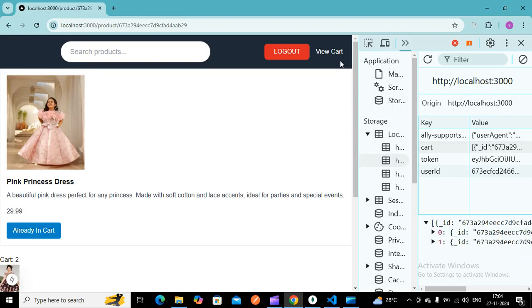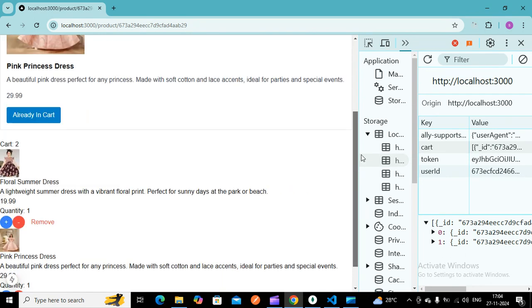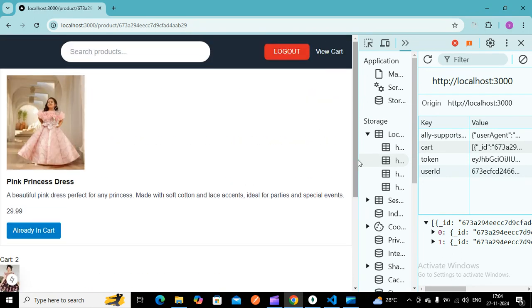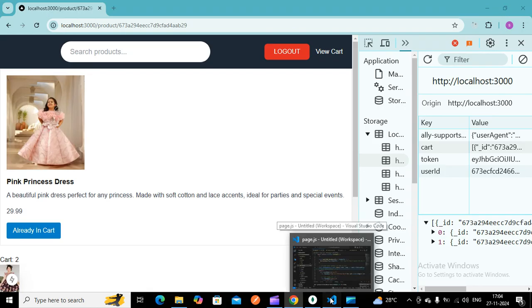Here I have to calculate the total cart item list. I have to count the cart item list and show it in the header section. Once I click this, I have to show the list of items in the cart page, and also calculate the total price in the cart page. So these two tasks we will be seeing here.